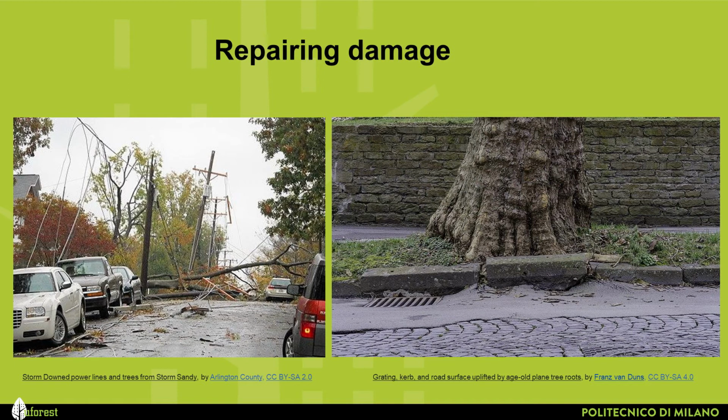Repairing damage to infrastructure can also lead to large expenses. This can include repairing damage after the storm-induced impacts of the trees, but also repairing underground utilities damaged by the tree roots, or repairing sidewalks, as you see on the right-hand picture. Parts of these costs can be avoided by planting the right tree at the right place, including providing sufficient growth space above, but more important, below ground for the tree and its roots.